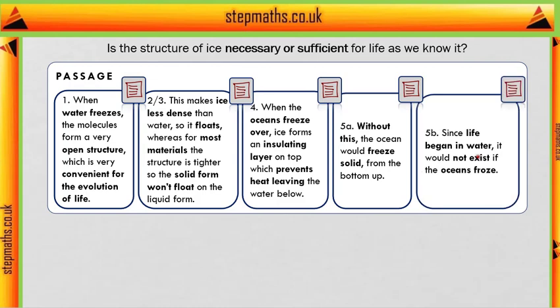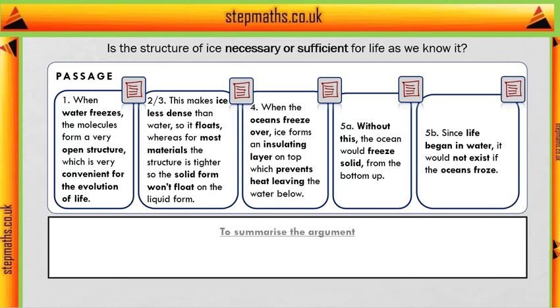So let's try and simplify the structure of this. This first sentence is just introducing the issue, the rest expands on what it means. And there's basically a couple of steps. There's the structure of ice, which leads it to float, and that prevents the ocean freezing. And then there's the connection between that and life, which is that life wouldn't exist if the oceans could freeze. So if we just do those,